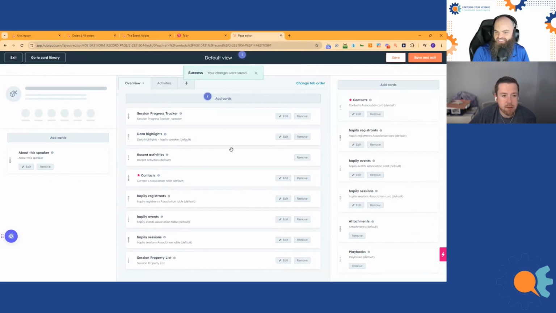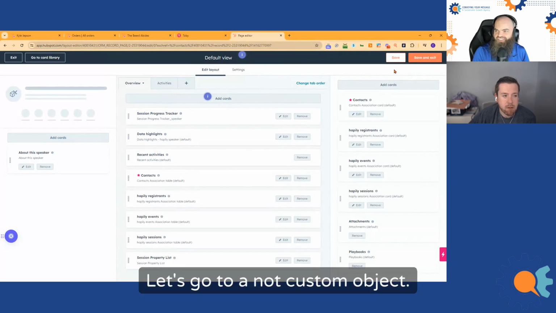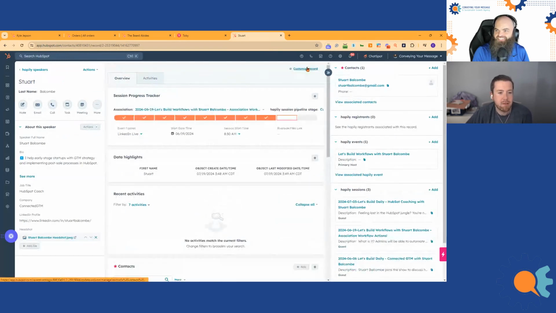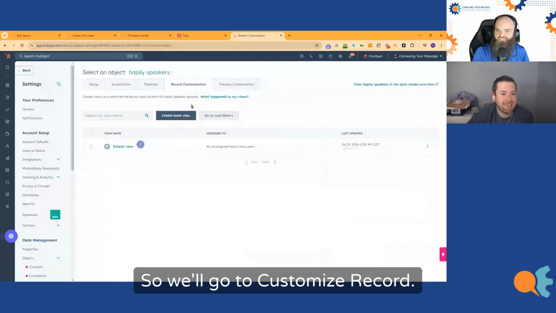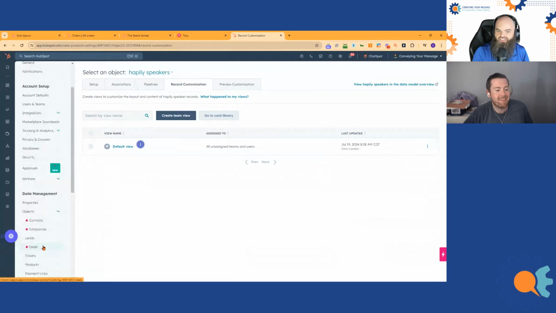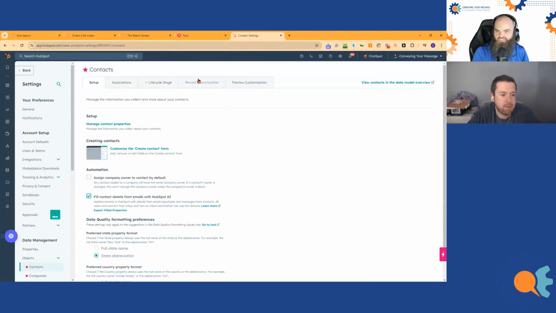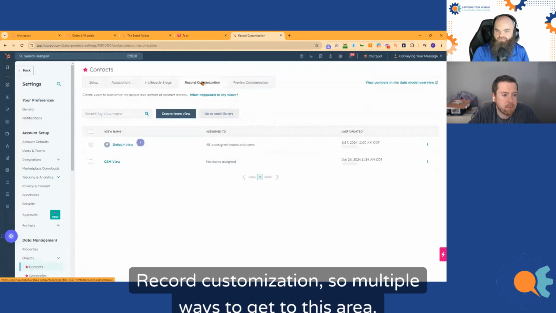Let's go to a non-custom object. So we'll go to customize record, go to contacts, and do record customization. There are multiple ways to get to this area.